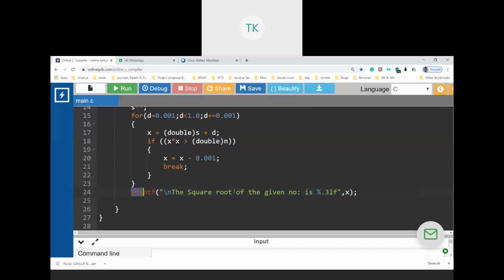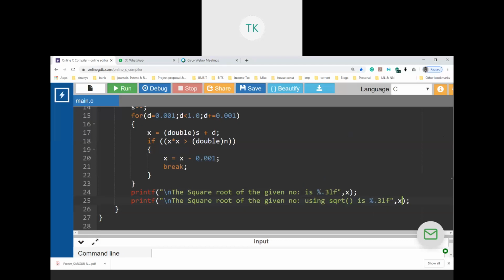Let me copy the same statement once again. Square root of the given number using sqrt, because we have to cross verify, right? Let's cross verify what is the value that is given by the inbuilt function.